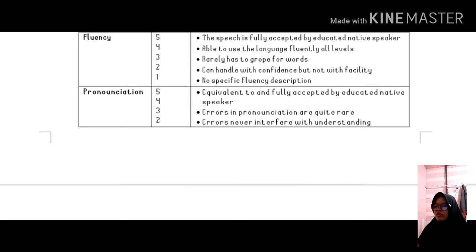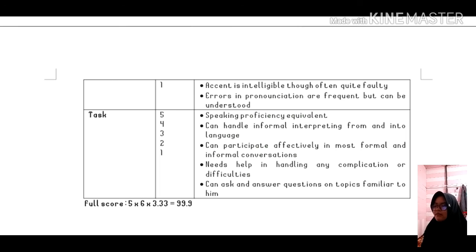Errors in pronunciation are quite rare. Errors never interfere with understanding. Accent is intelligible, though often quite faulty, so errors in pronunciation are frequent but can be understood.